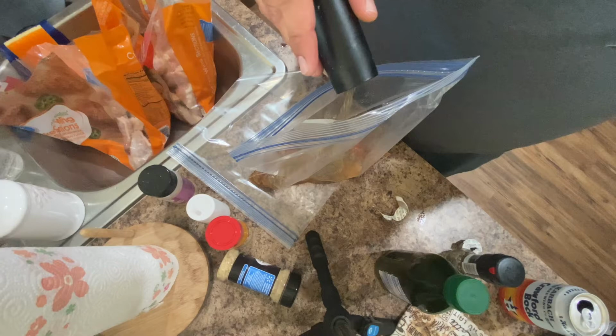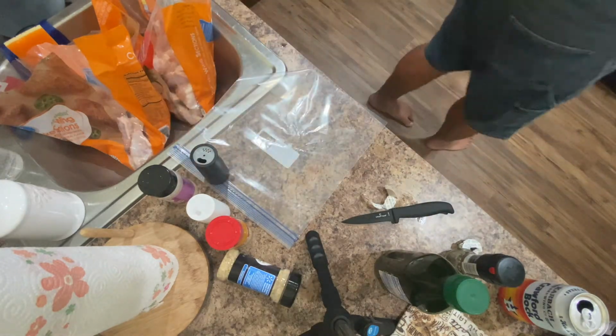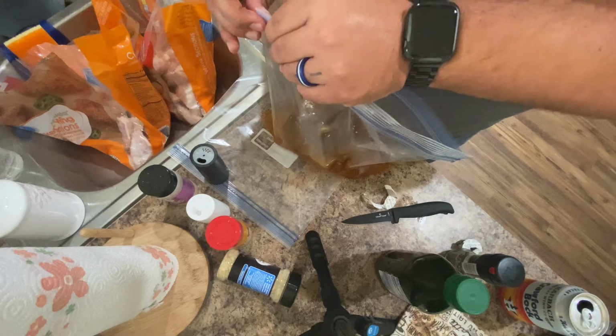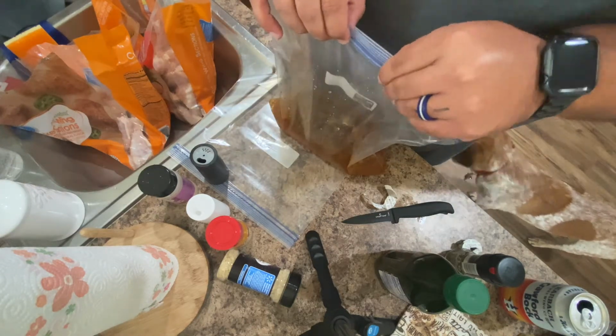As you can see over to the right, I got 2 bags of chicken wings that I got from Walmart for a decent price. Here I'm just adding a little bit of water to the mixture so that there's more fluid to move around the seasonings while the chicken wings are in there. And like I said earlier, I let these marinate for about 6 hours,